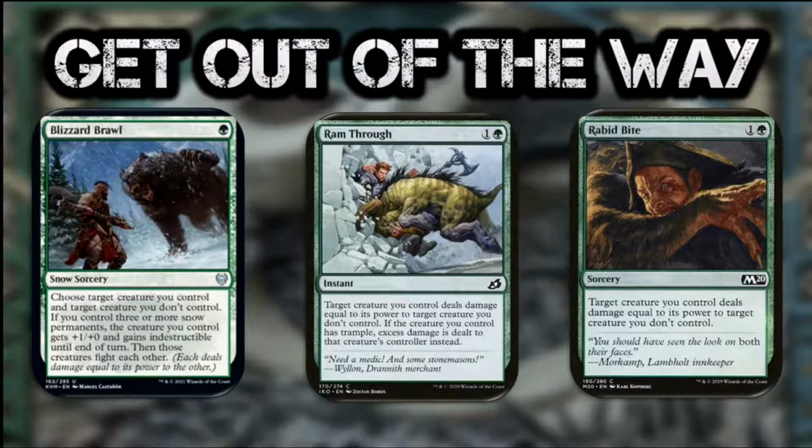Ram Through, we have a big Koma, so at instant speed we can have Koma just bounce off of a creature and kill it, or add extra damage in combat to help get through. And if we have any of our trample enablers, this helps us get through and deal a little more damage. And then Rabid Bite is technically the sorcery, or is the sorcery version of Ram Through without dealing extra damage